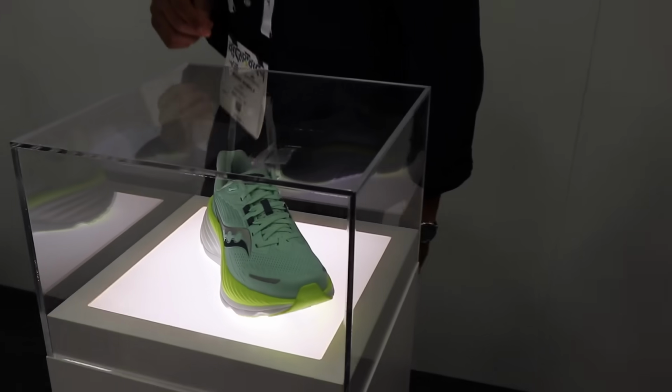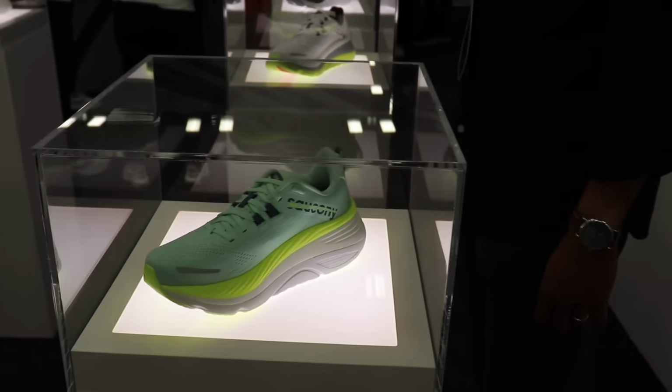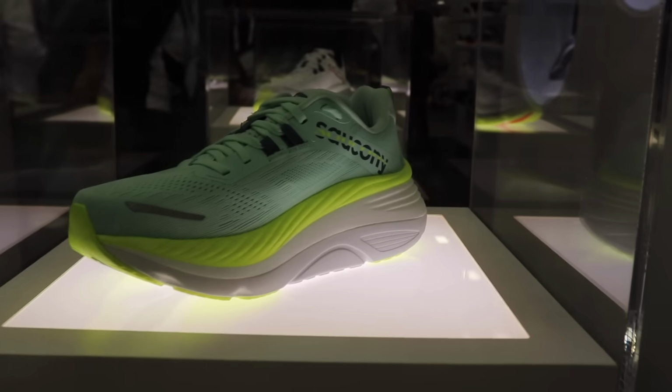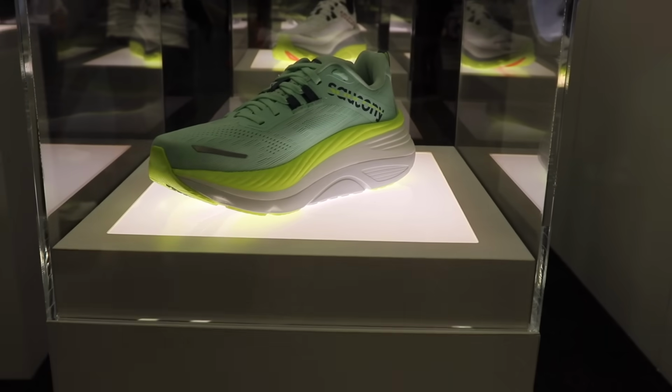Now I want to talk about this one right after the Guide because it is the other shoe in the Saucony lineup that is max cushioned, has some elements of mild stability, and that will be replacing the Saucony Endorphin Shift 3. Now, I have a hunch that this was the Saucony Endorphin Shift 4, but they decided to go with the Hurricane moniker because that's a better known nameplate in the running shoe world. I really wish that they called this the Saucony Endorphin Shift 4 because I absolutely love that Shift 3, but